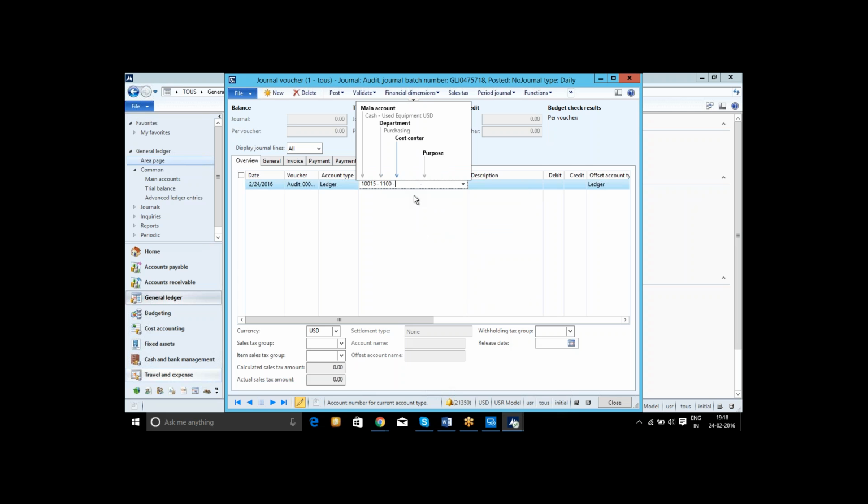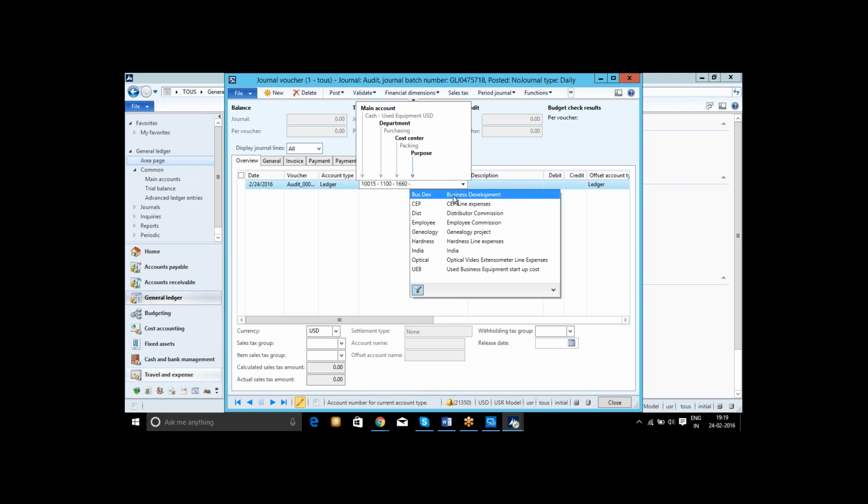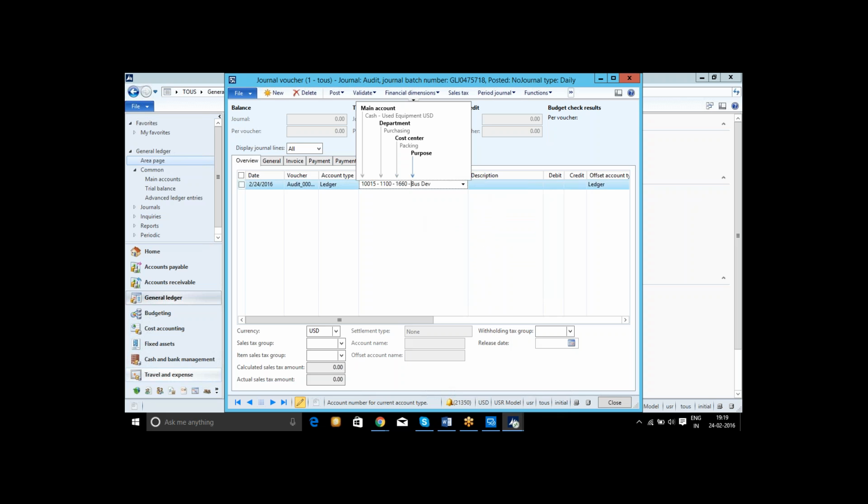So suppose I selected purchasing. Again now it is asking for cost center. So again on the drop down, now any cost center. I selected packing. So now purpose. This way the account is selected in